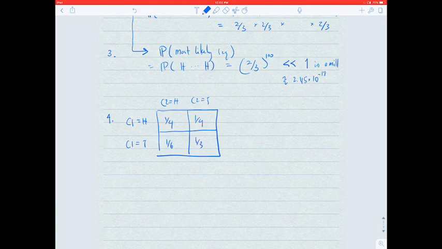So what does this table mean? It's telling us that the probability that coin 1 equals heads and coin 2 equals heads equals what's in this box, 1/4. Now this is also what we would expect if we flipped 2 independent fair coins. But to convince ourselves that they're not independent,